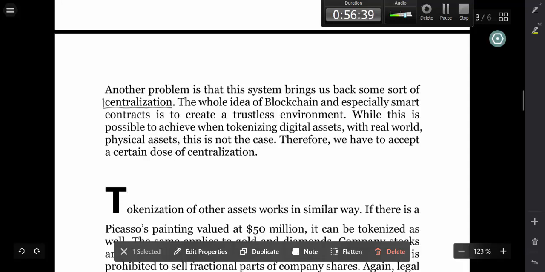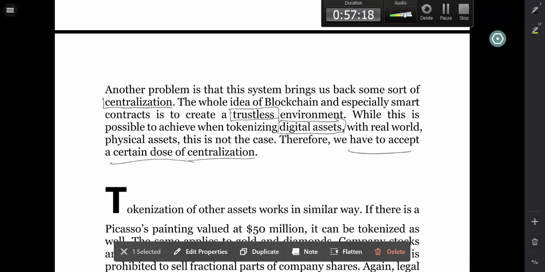So the whole idea of blockchain is to create a trustless, trustless is not really a good word. I think they mean an environment that does not require any trust, because everything is all locked up and cannot be changed, okay? While this is possible to tokenize digital assets, in the real world of physical assets, we have to accept some sort of centralization. For example, I think what this author means is if you were to tokenize a painting,